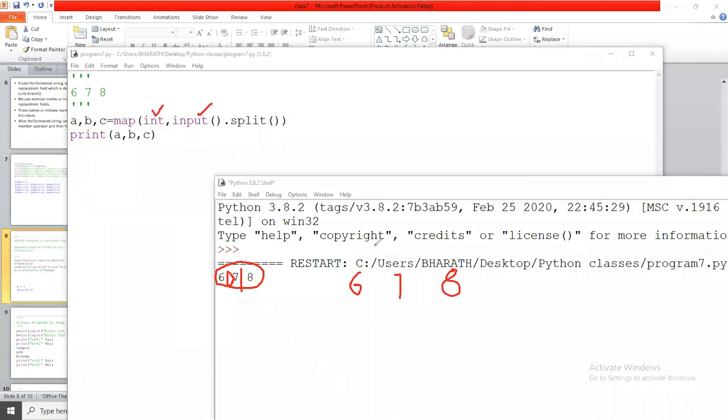Why? All the data, whatever you are going to read from the keyboard, is in the form of strings. So I apply this int function on all these data items. 6, 7, 8. Here I am writing it only one time. Why? Because I write this content in a map function. What is the purpose of the map function?